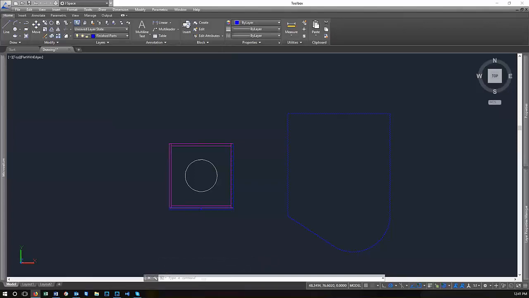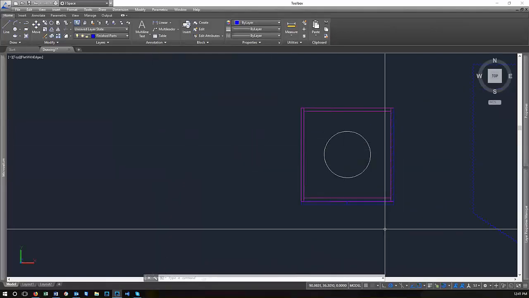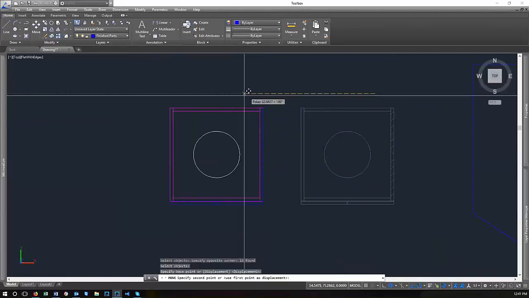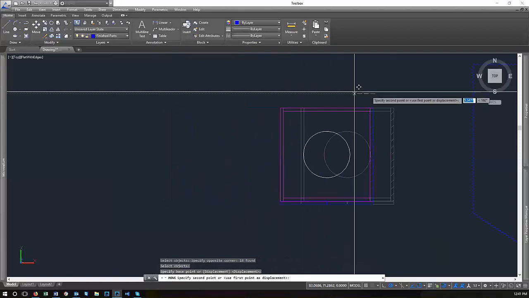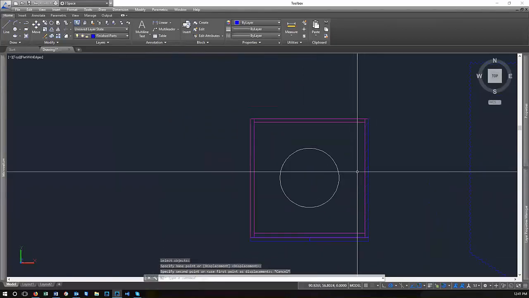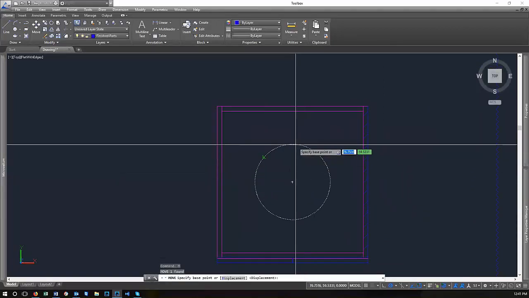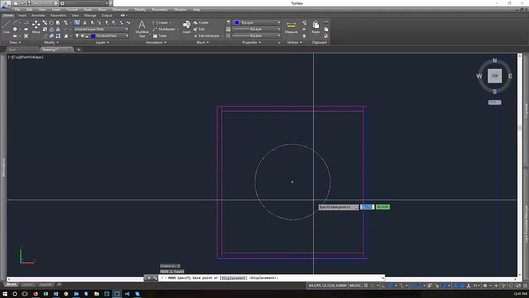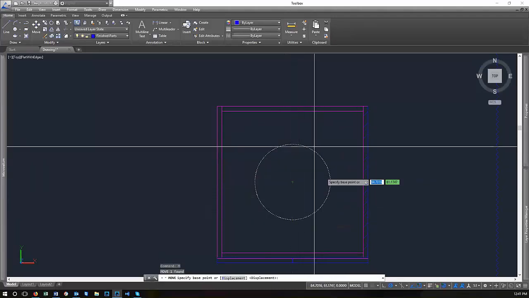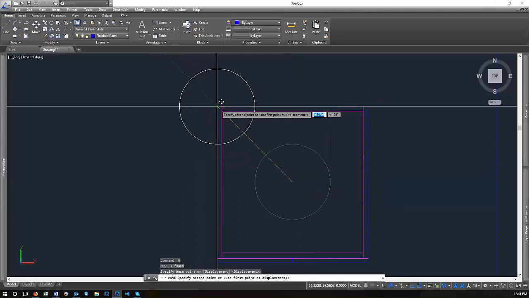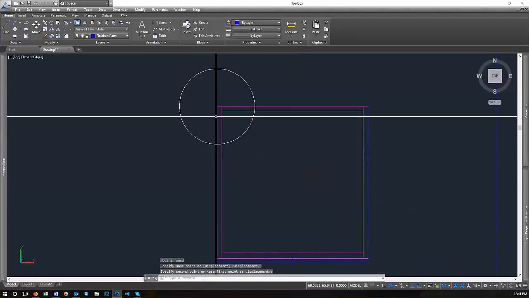And okay, so right, again, we're going to get into move and copy. So if you wanted to move this object, you hit M, or you can go up here to the one that's titled move, and you can select and move. And so you select a base point, and I've shown you two different ways to move objects. You can select a base point that's on the object if you want to move something relative to itself. So the center point, I definitely want this center point to be on this object. And so I'm going to click on the object and then on the reference point,